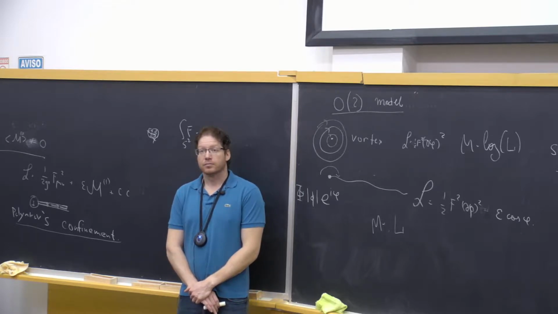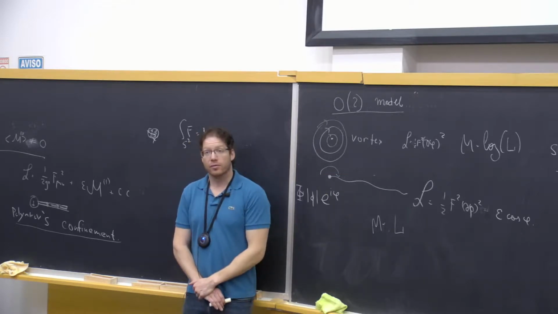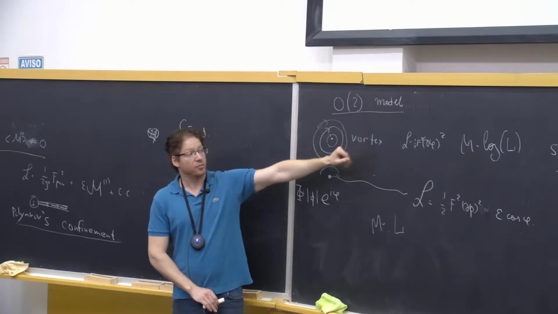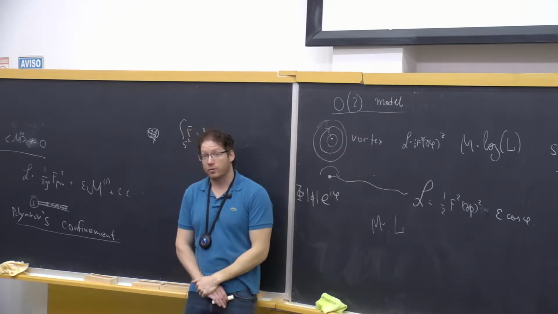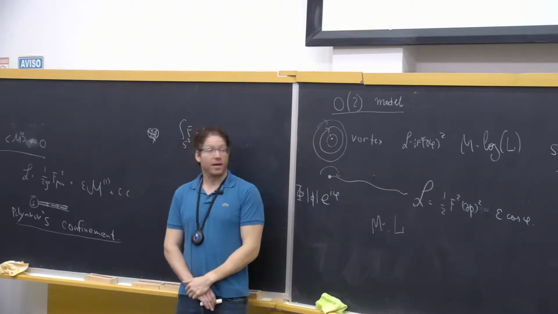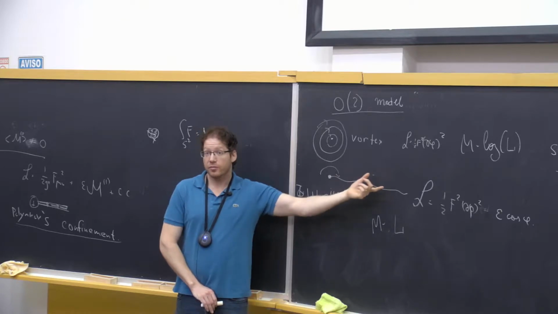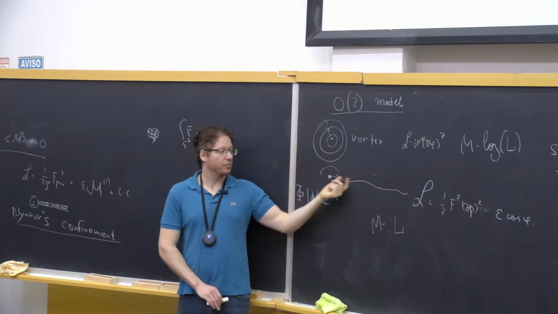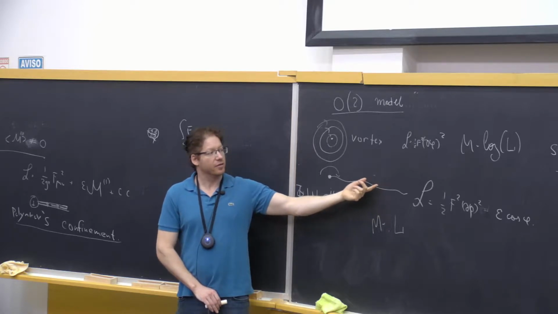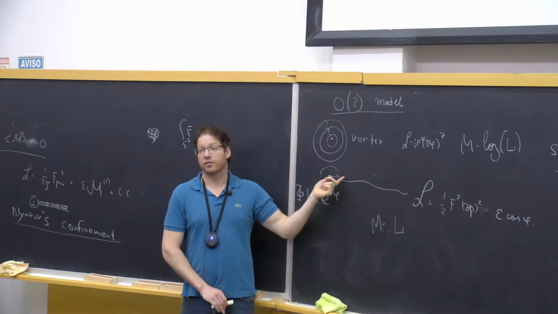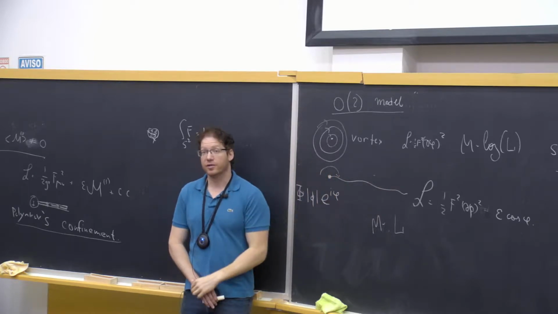Yes? Yeah. That's what I'm going to tell you about now. We're going to talk about the other description. This is more like a superfluid, and on the other side of the duality, there will be something that's more like a superconductor. This will be magnetic monopoles. This will be more like the Abrikosov tubes that you know. You'll see in a second.